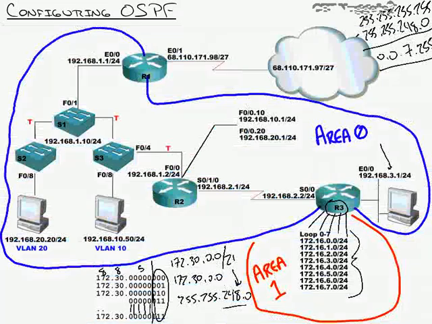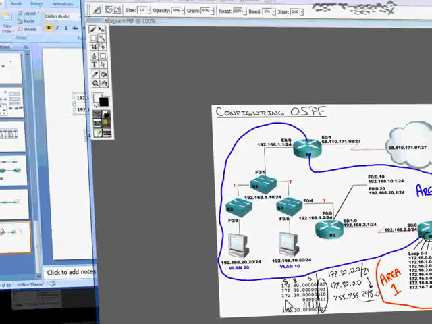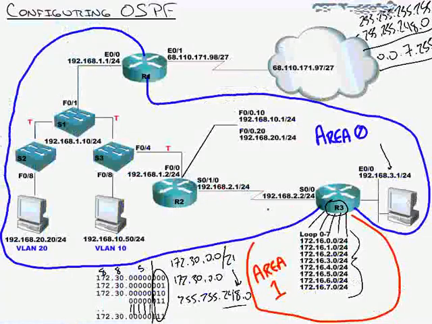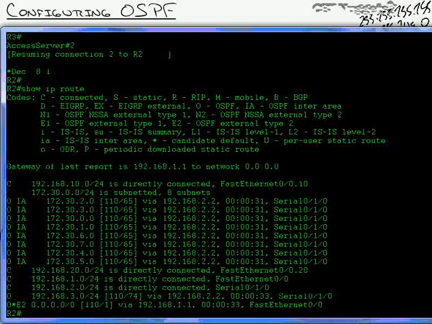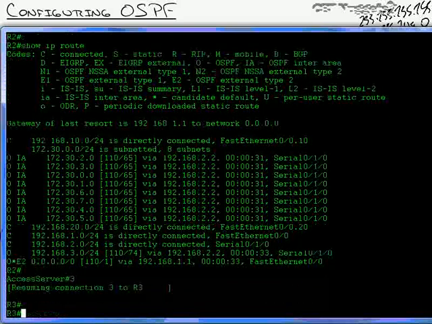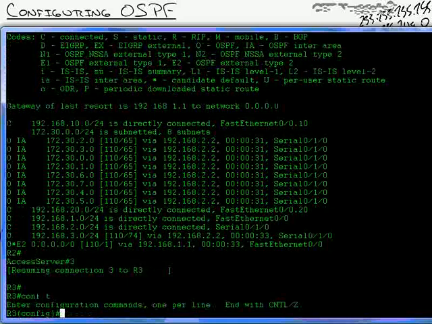Now, as I mentioned, if you're just breaking into multiple areas and not doing summarization, you're doing no good. And this is something I mentioned in the previous video, because the whole point of breaking into multiple areas is that now you can summarize. Now, I know I'm going beyond the CCNA here. Again, let me emphasize, CCNA is just a single area, but I've got to show you this one final command. I'm going to go to router 3,